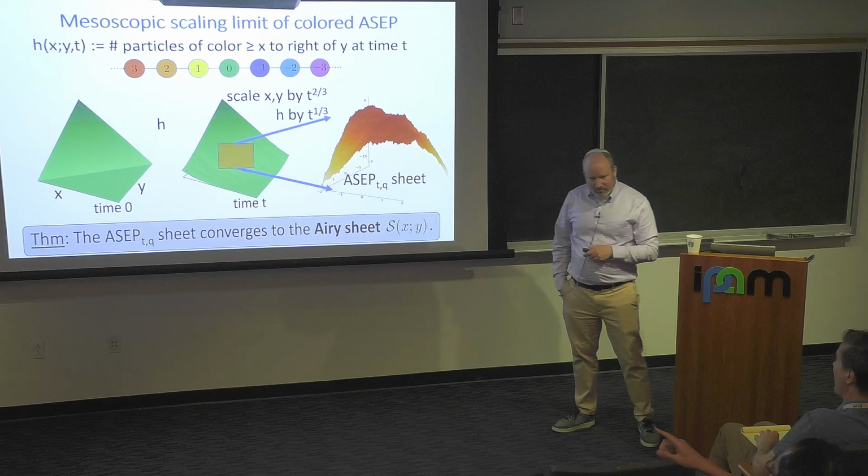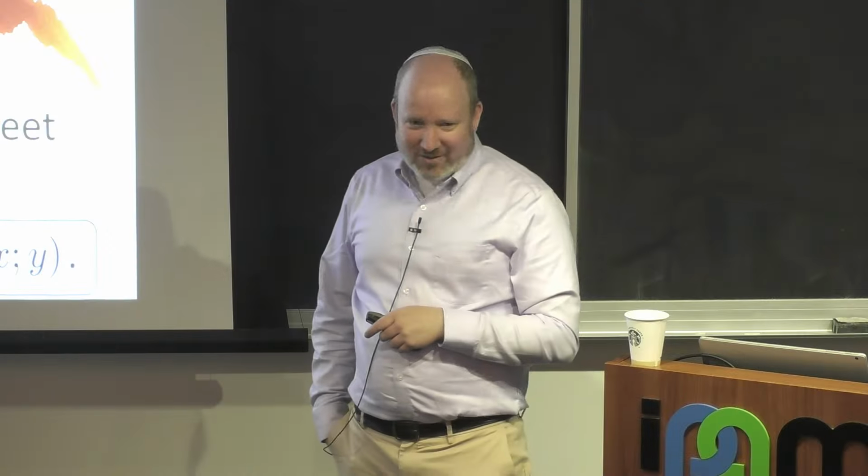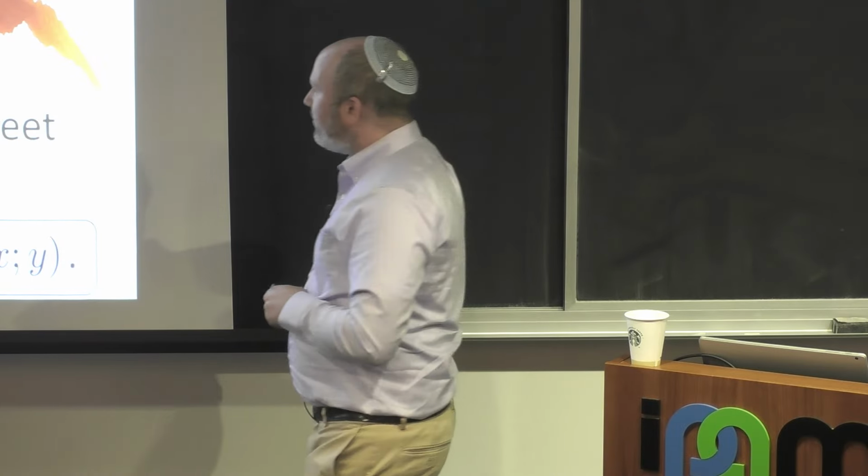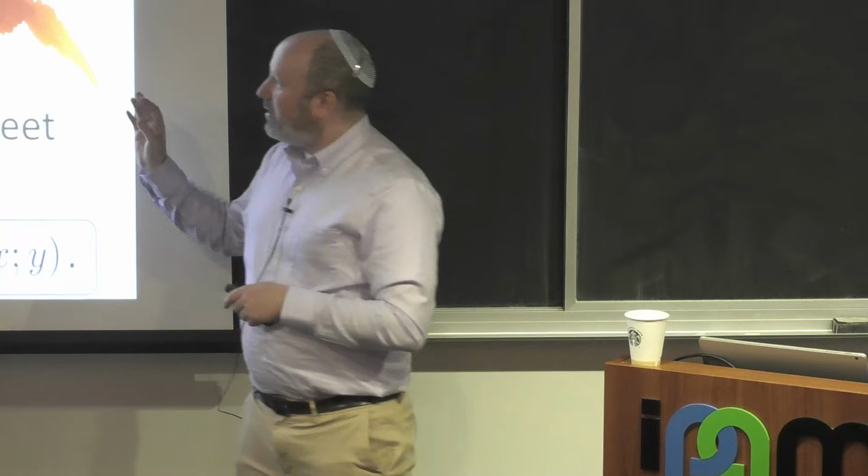Has the case of q equals 0 been proven before? No. So even q equals 0 is a new result. So there's no simplification for q equals 0. There are simplifications, but I'll say a little bit later that there is,